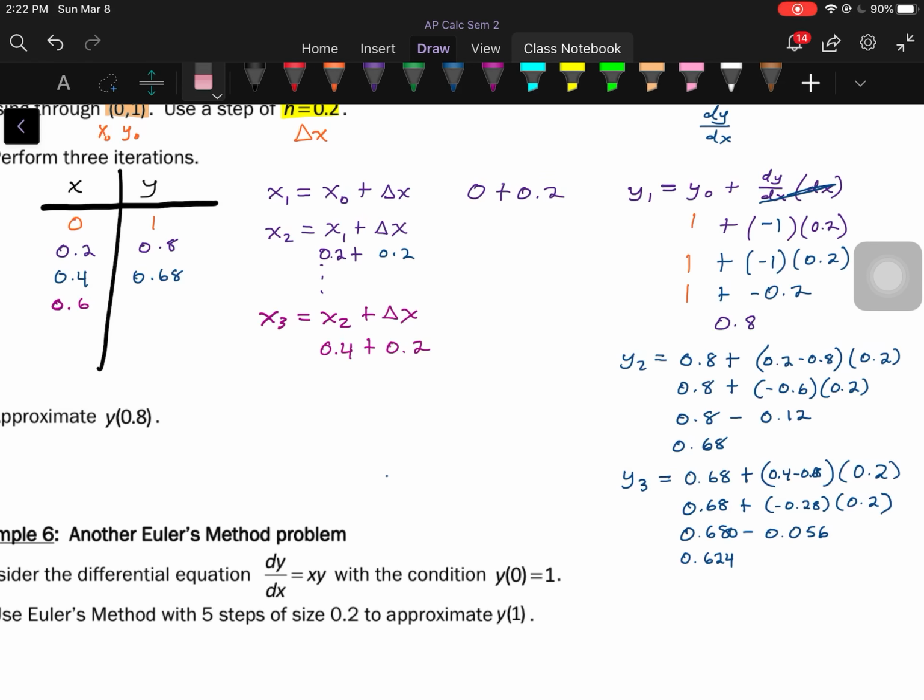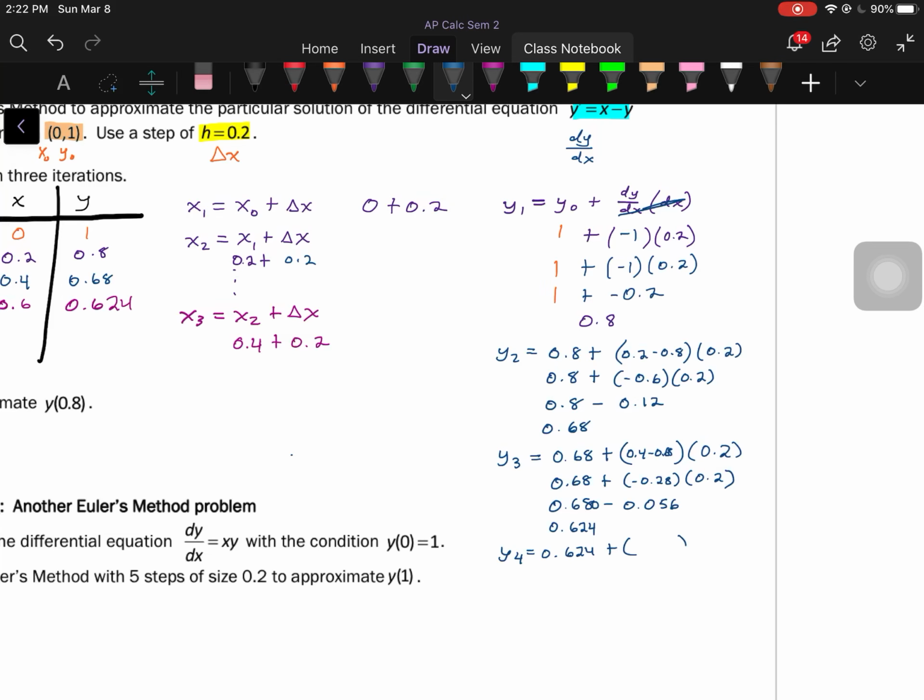0.624. This will be my 4th y value. And it's going to be plus the slope at the point right before it times the step size. So the slope at the point right before it using this equation, x minus y, would be 0.6 minus 0.624. And so it's 0.624 plus negative 0.024 times 0.2,